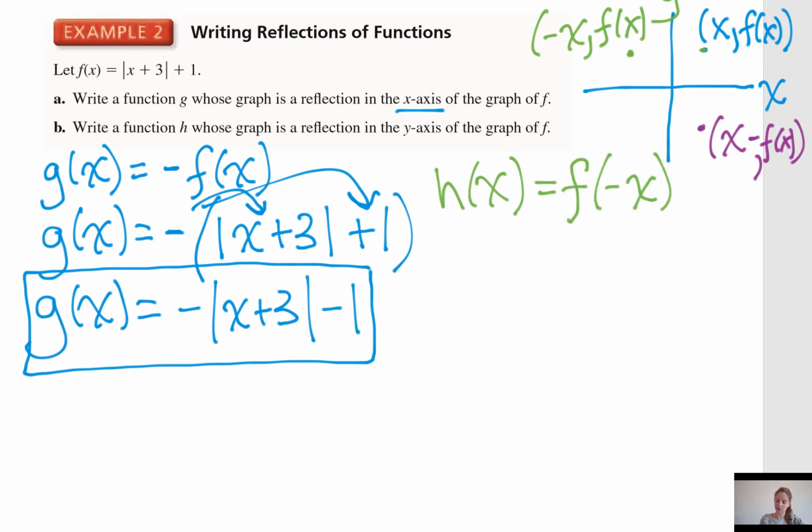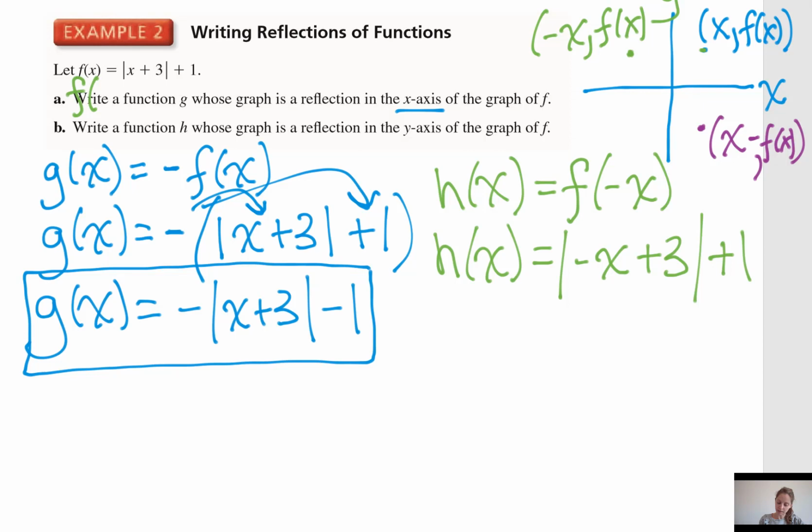I just want to change the x value. Therefore, I have h of x equals the absolute value of negative x plus 3 plus 1. Right? Instead of f of x, I now have f of negative x. So anywhere I see the x, I'm going to replace it with my negative x. And that's how I end up with h of x